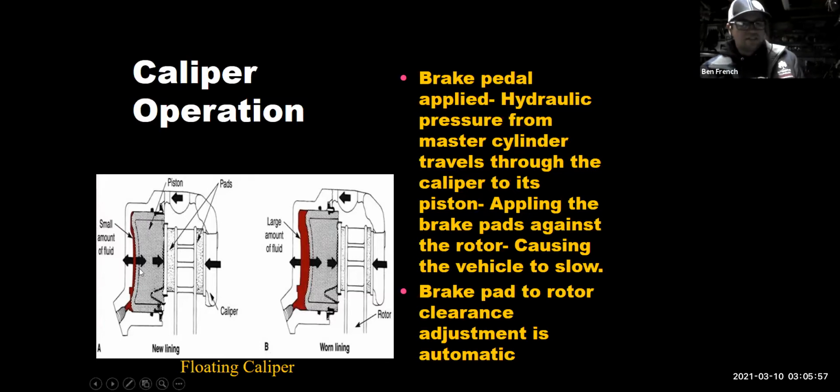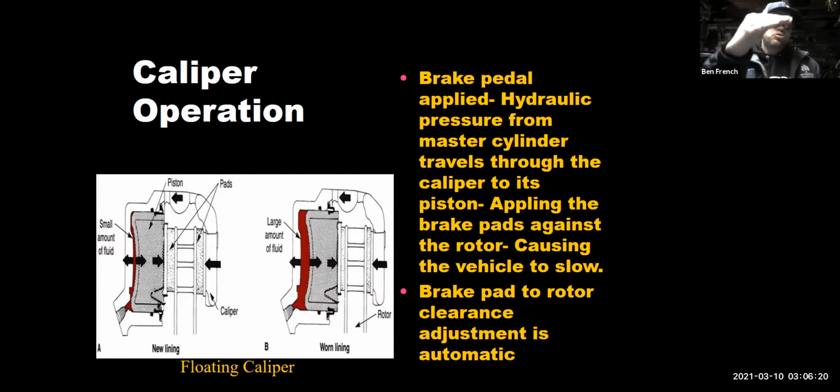Here you can see new brake pads, the piston's all the way back in there, and worn brake pads, the piston just automatically moves out and adjusts for that. That is why you have maybe a little bit softer of a brake feel as the brake pads themselves wear. That's also why the brake fluid level in your master cylinder will drop down as the